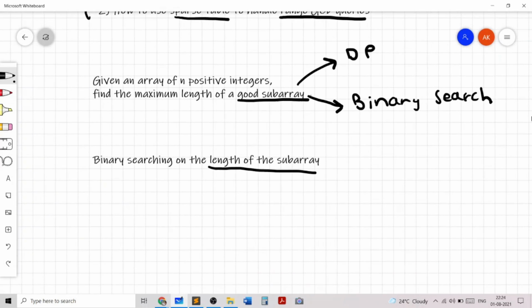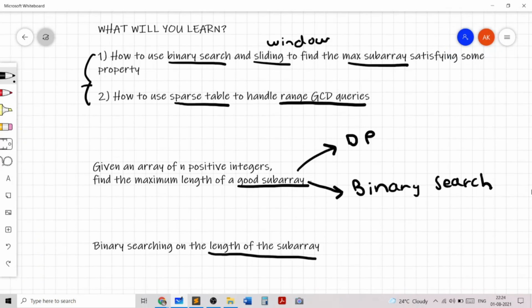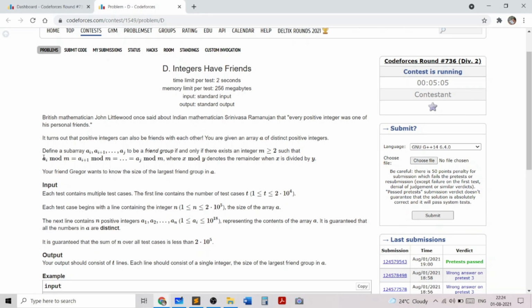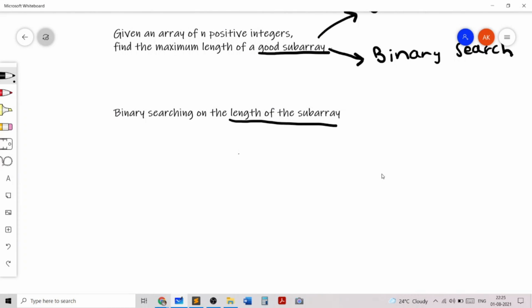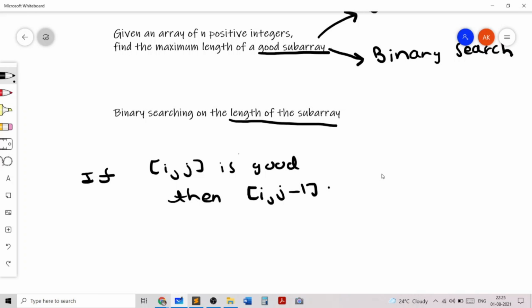The reason why this holds is because if a_i is congruent to a_{i+1} is congruent to a_j mod m, then obviously that will also be true for i to j minus 1. So basically binary search will work because if the subarray from i to j is good, then the subarray from i to j minus 1 is also good.